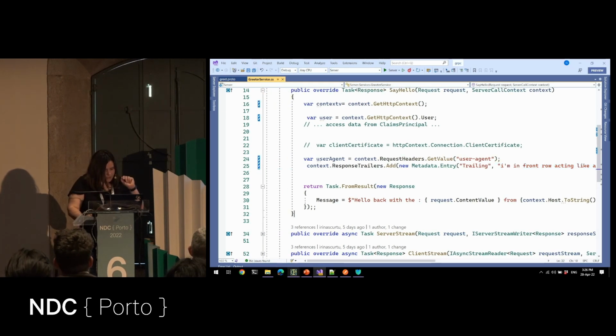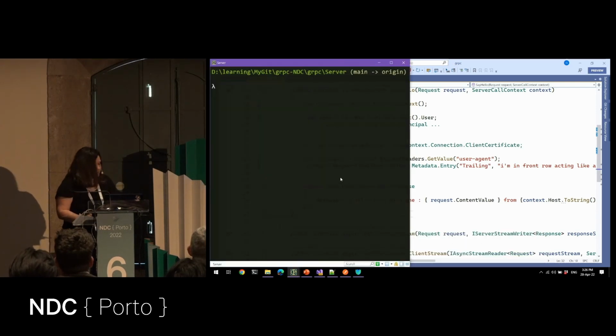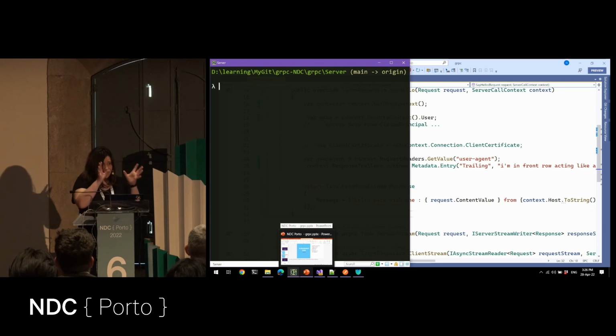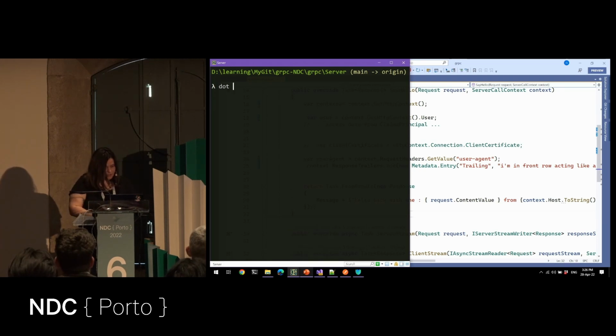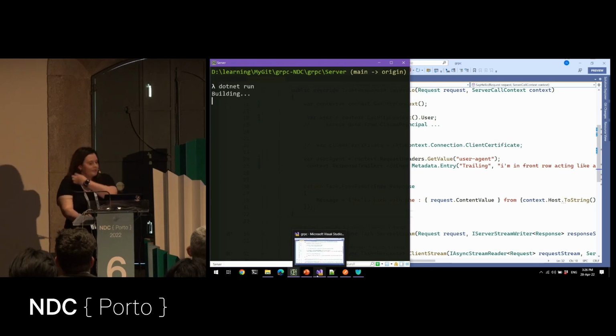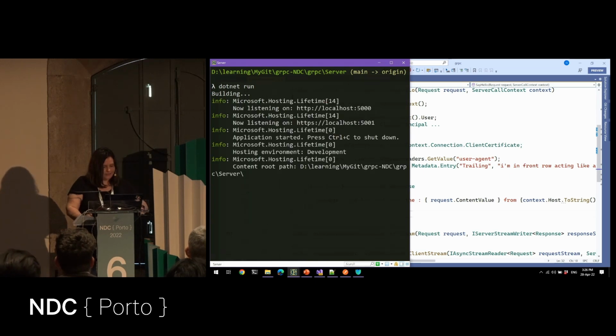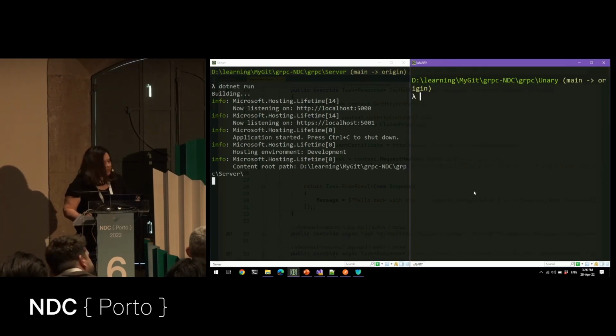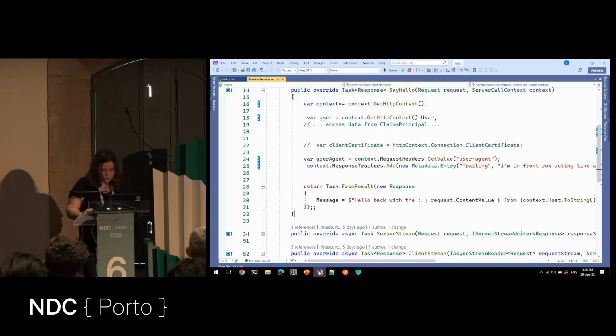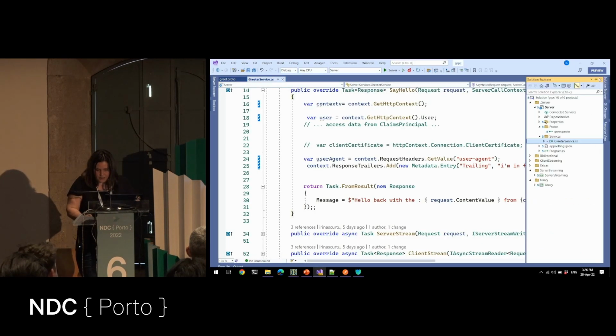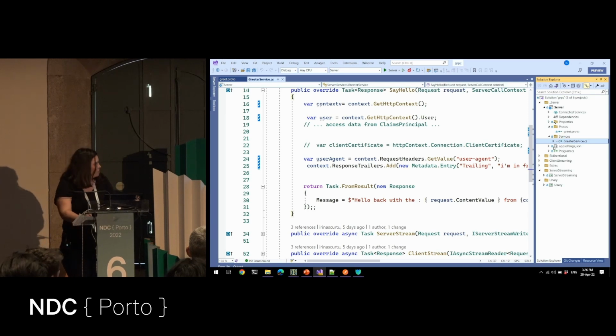Okay, so I'm gonna show you a demo. So in this window, we will have a server that runs. So I'm gonna do .NET run, and this server will hook to a specific port and wait for requests. So you see it's in localhost 5000, and it waits for requests. And on this other side, I'm going to have pretty much the same thing, only that it is a client that will call the specific method. So I will also show you the code for this. The code will be on GitHub, and you'll be able to look around it.